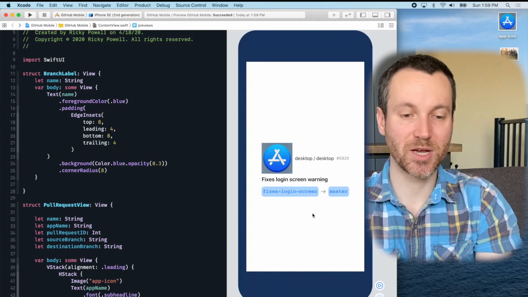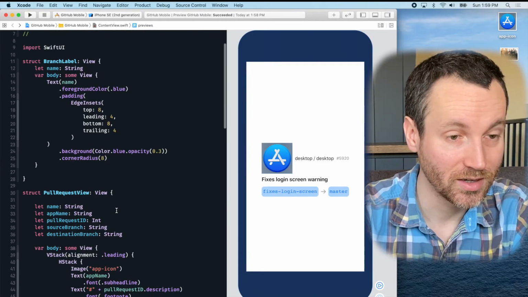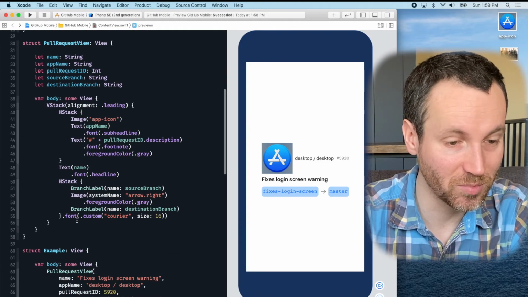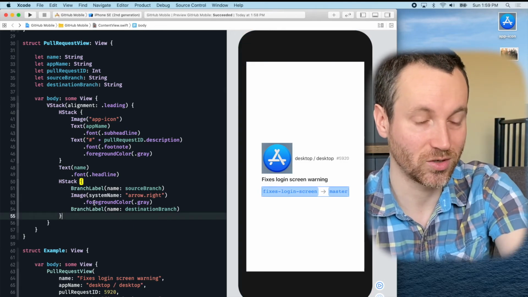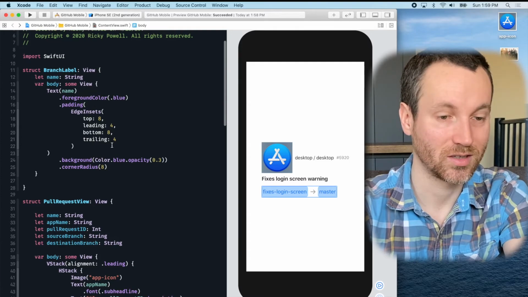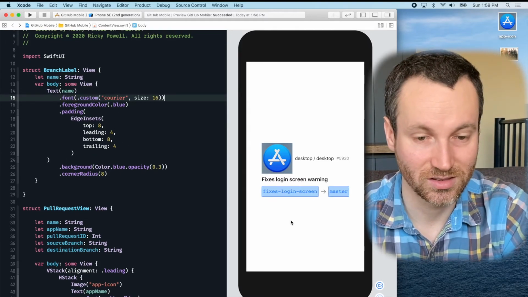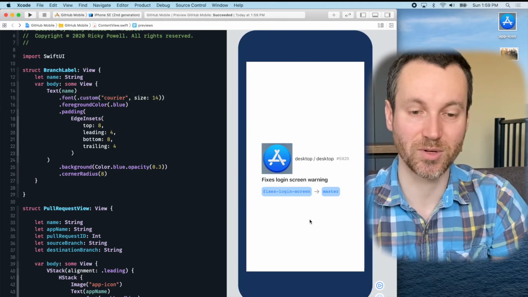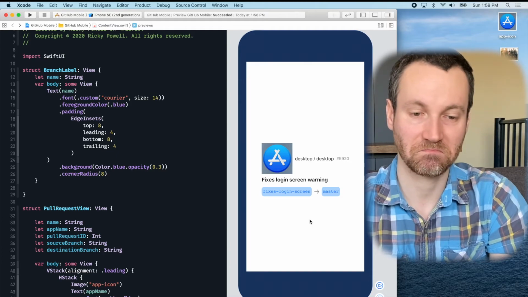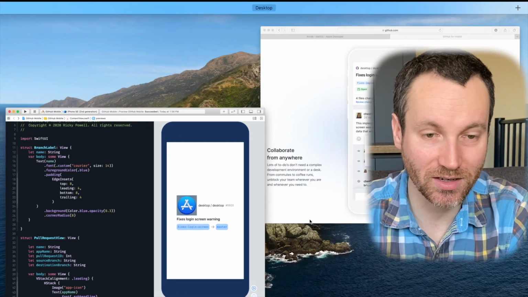So we don't have exact measurements here of what it should be, but this is getting closer to what we want. Another thing about this too is that we put the font on everything, but really we don't need the font on the image. So we could just take this out and maybe put this somewhere right here. And then instead of 16, let's set it back to 14 so it's a little bit smaller. Okay. Well, I could live with that. So we've already gotten quite a bit